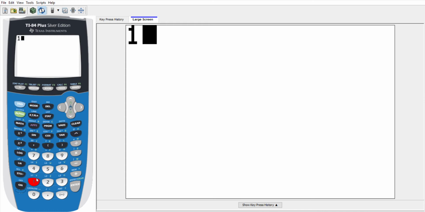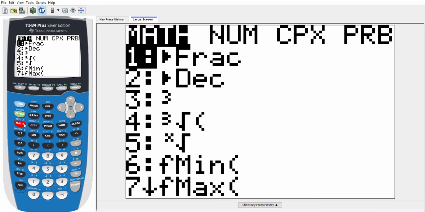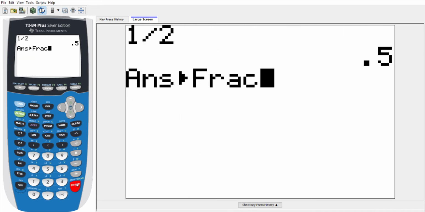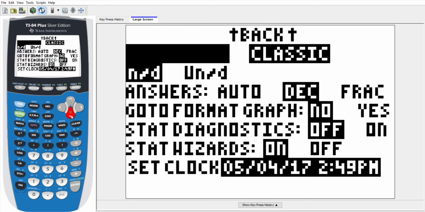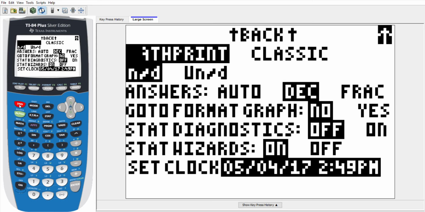So if we enter that fraction again now, 1 divided by 2, we're going to have a decimal. So there is a place here under math where we can actually take an answer and turn it into a fraction. So that will take the previous answer and actually turn it into a fraction. And right now this is in classic form, not in math print. So under mode, if we want that to appear a little bit more like a regular fraction would look, we go down here, and if we select math print and we go back and try that again,